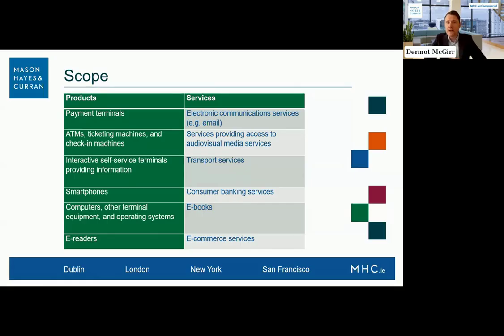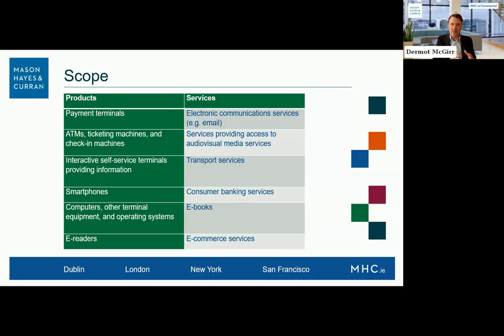When it comes to service providers, again, my experience is that those which are obviously in scope, like the banks and the transport companies, have been well aware of the EEA and well down the path on their compliance projects. Where I see people getting caught out is e-commerce. That's the most common one where people are caught by surprise, essentially. So they don't appreciate that they're in scope of the EEA.